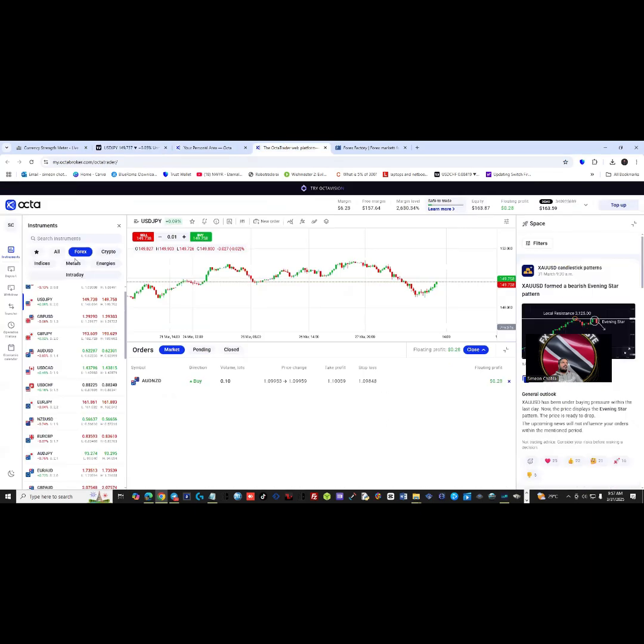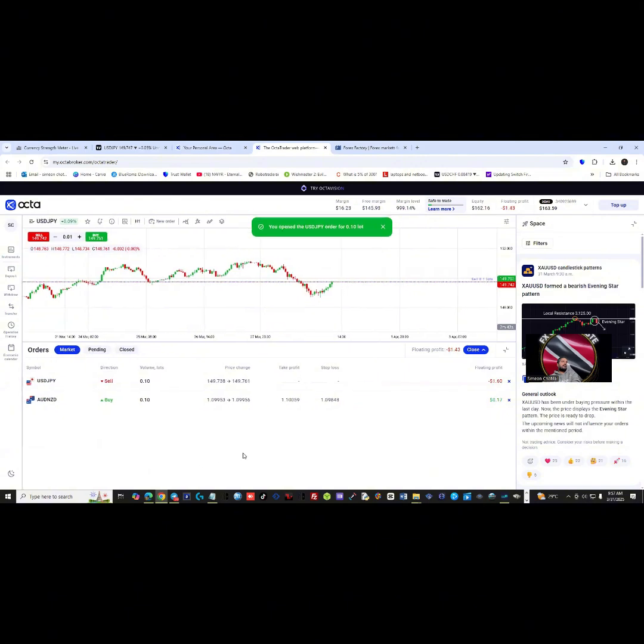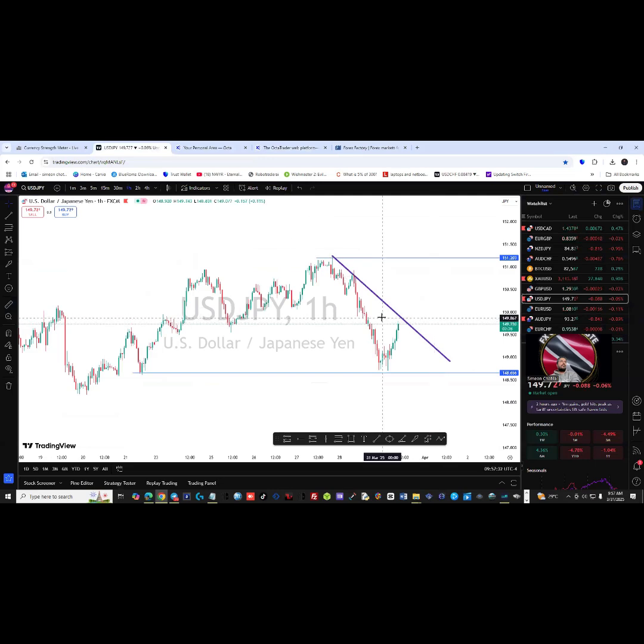So scalping, remember we go in here, look for USD JPY. We're gonna select new order, sell, change this to 10. And we're just gonna hit open order, right? Why we sell it is because we identify a trend going down. So we wanna immediately go back to the charts, use the short tool